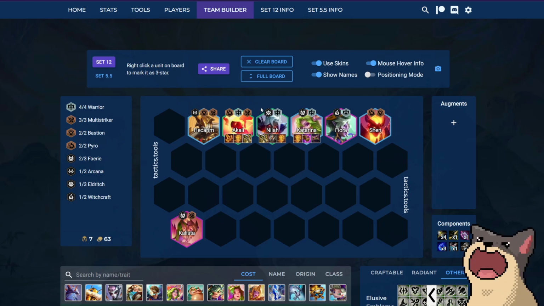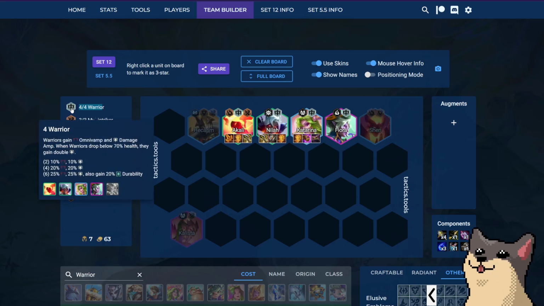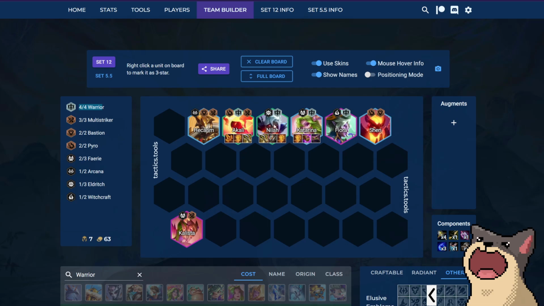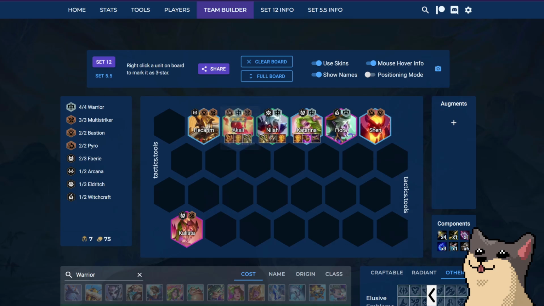Warriors are very strong. Typically when you're playing Warriors, a lot of times people will just play it when you're playing 6 Warrior. 6 Warrior is a lot stronger, and it requires you to get some more high cost units like Fiora and Gwen and those type of units. However, Akali and Nyla are both getting buffed in the next patch, so this might be one of the more